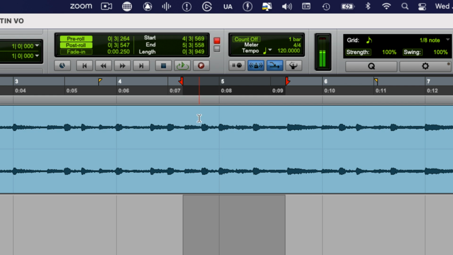Now, a lot of the times, I like to have my post-roll at a very high value, something like 100. Just because, let's say I talk with a client and I tell them, hey, let's just punch in this one part here, but they decide to keep going. Well, because I'm in punch and recording, even though I think we're done, while it's playing back, it's still secretly capturing the take. So to demonstrate,